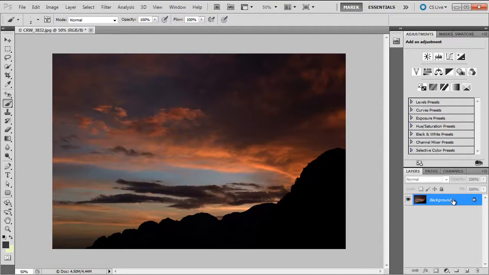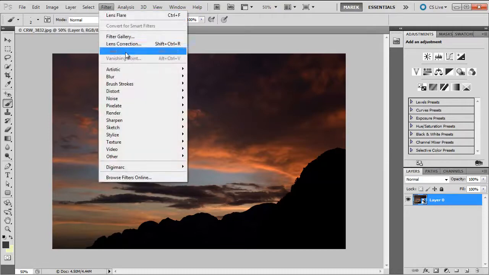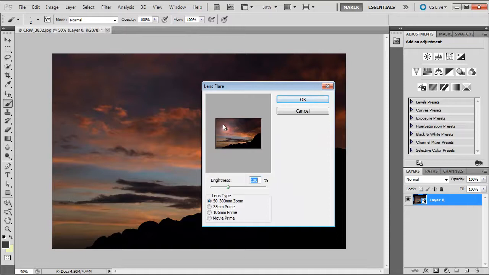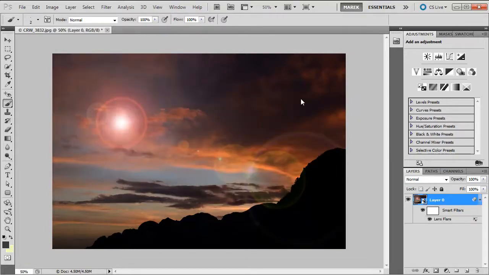I'm going to convert the background layer into a smart object. So I'm just going to right click on the layer and choose Convert to Smart Object. So the layer is now a smart object. And now I'm going to apply the lens flare filter. Filter, Render, Lens Flare. Let's say I'm going to position the effect in here. We'll just press OK. Now, the lens flare filter becomes a smart filter, which means I can edit it at any